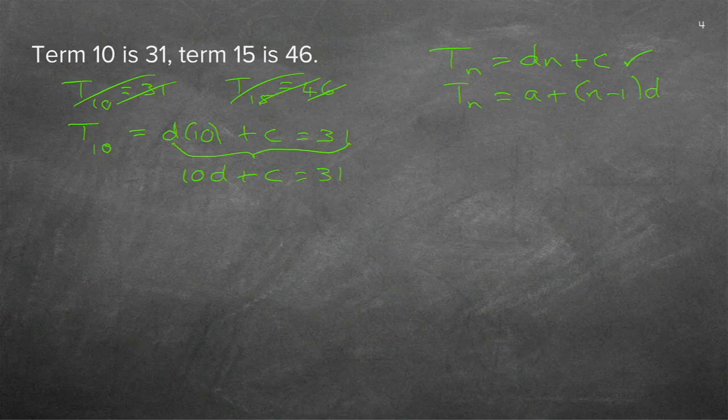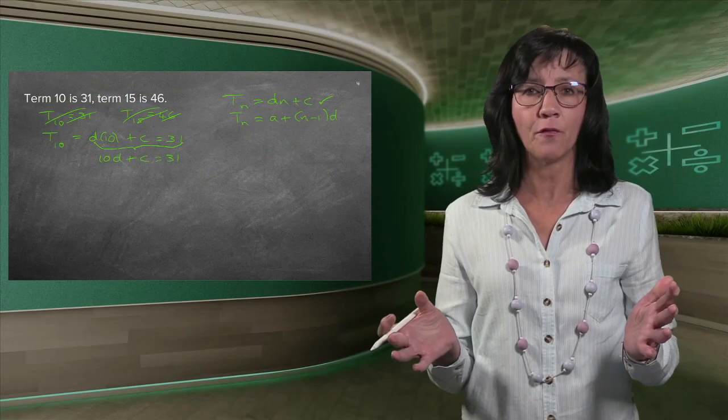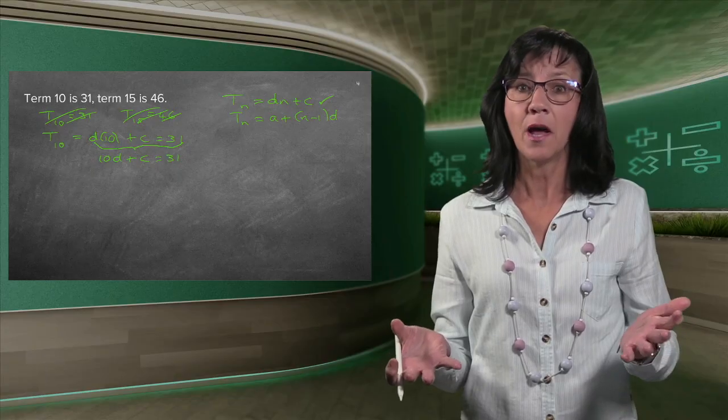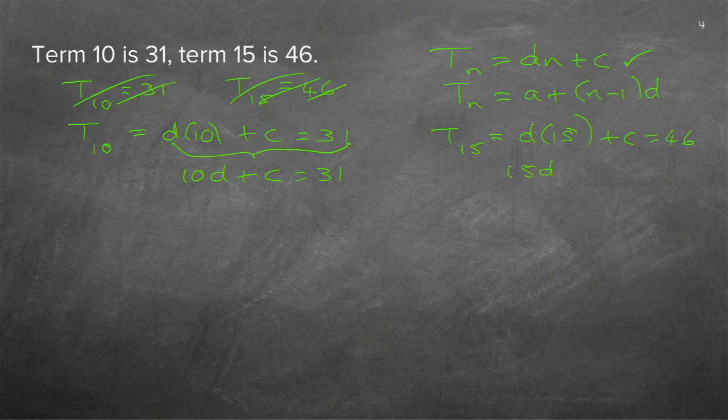You can only do maths problems if you've got equations. Problem solving means you have to have an equation which you can solve. Now I've got that, but I've got a little problem. There's a d and a c in that equation. You cannot solve an equation with two variables in it. So I need another equation, but luckily they gave me another equation. They also said that T15, and I'm going to immediately write, it's d times 15 plus c, and they told me that is equal to 46. So if I write that neater, it's 15d plus c is equal to 46. Let's call this equation 1 and this equation 2.